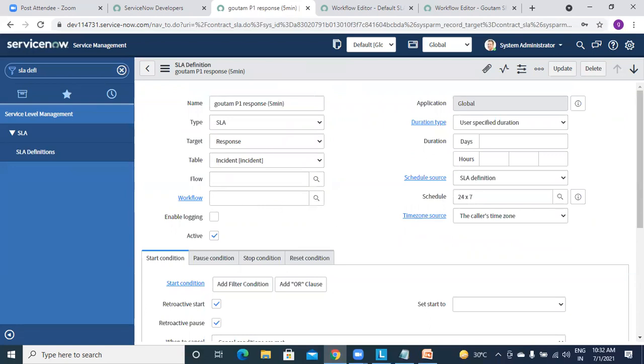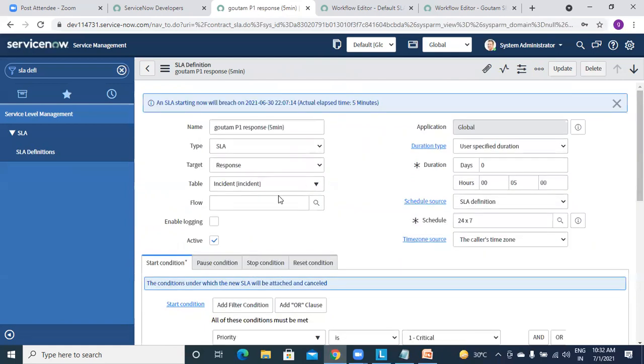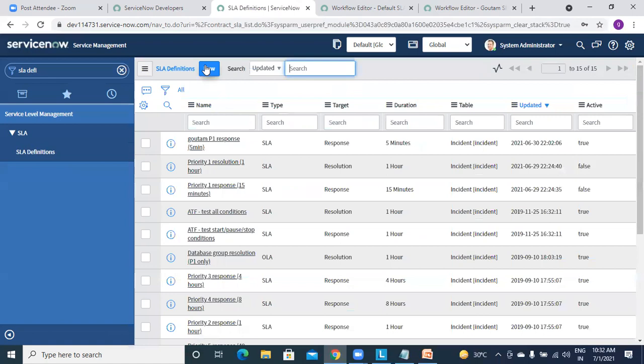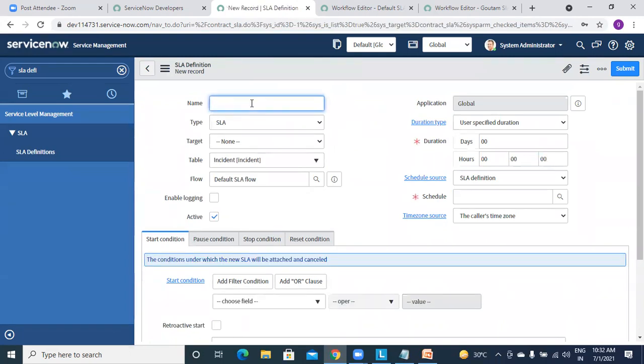It is loading. Okay, I'm creating one more, Incident P1 again.